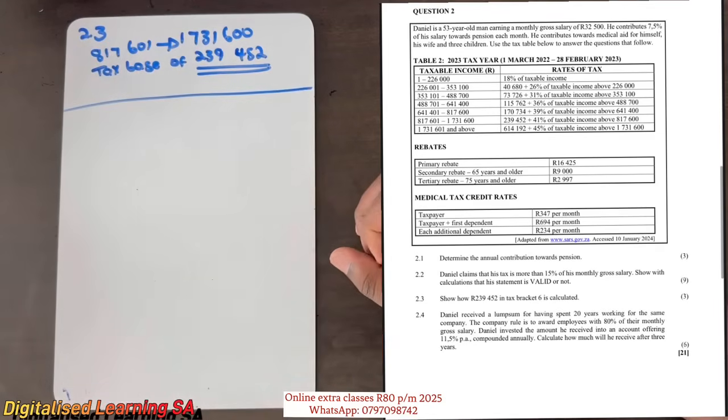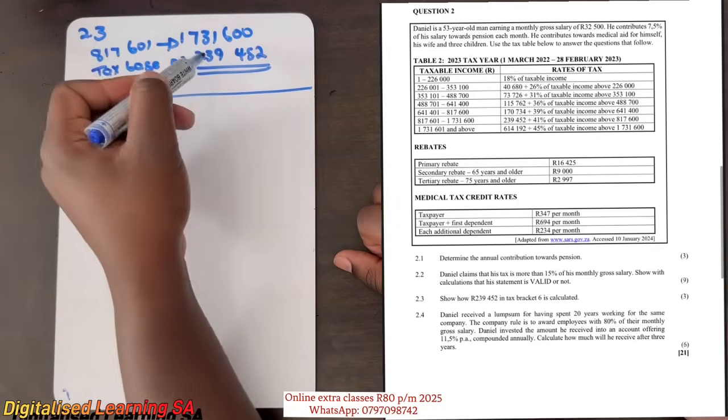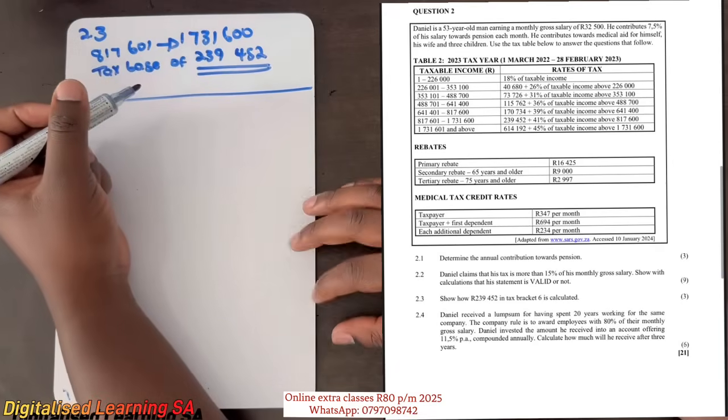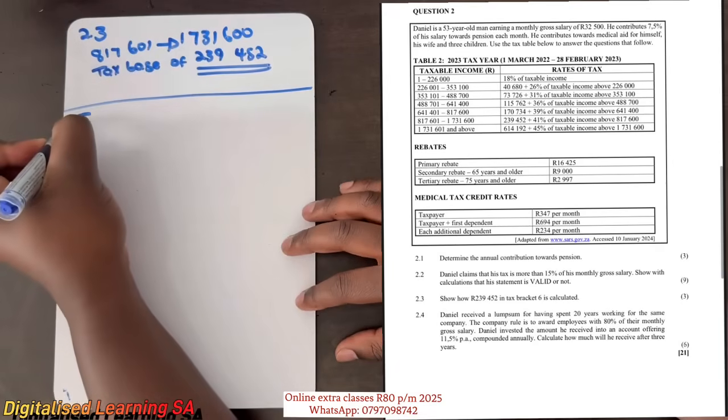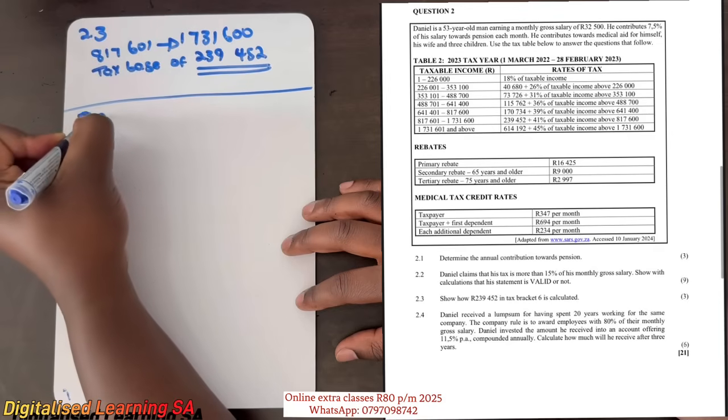To do that, we need to work backward. What does working backward mean? It means that we need to use tax bracket 5 and tax bracket 4 to calculate this tax base. So to do that, we need to first focus on tax bracket